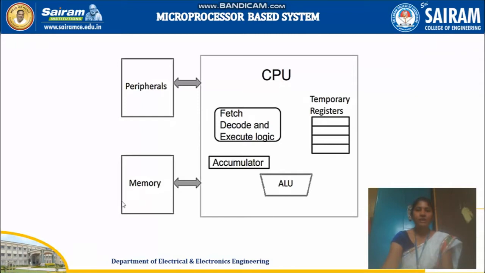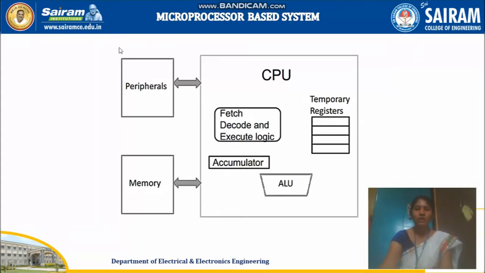In the previous class we have seen what is meant by a computer, what the internal parts of the computer are and how exactly it processes. What is meant by address lines, what is meant by data lines, and how exactly the address and data bus act, whether unidirectional or bidirectional. In this session we are going to continue with the introduction of the microprocessor-based system.